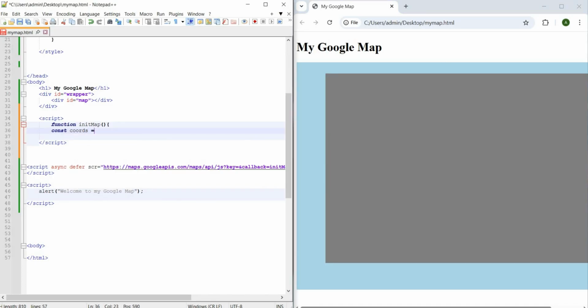Our coordinates are latitude 14.596, then our longitude 120.958.